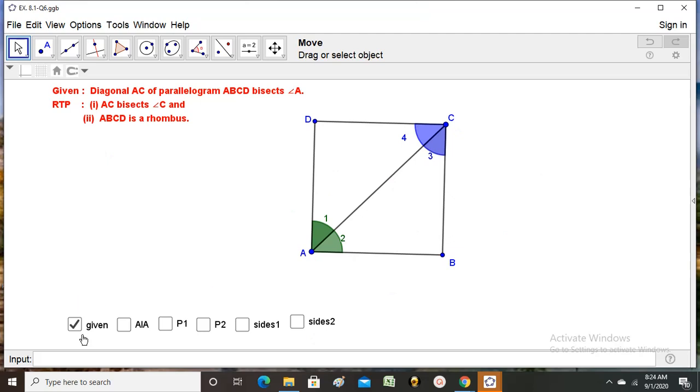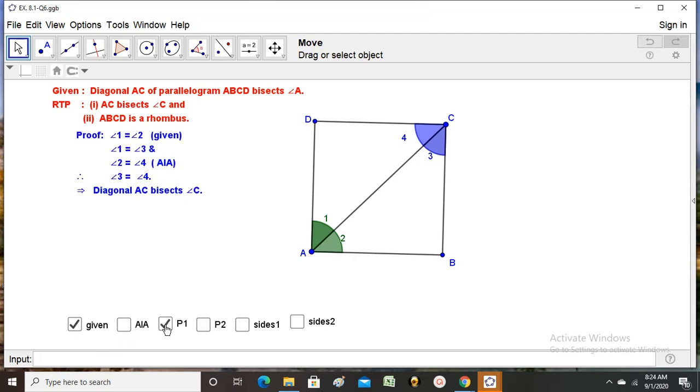Of course, it is looking like a square, you may ask me. Basically, square has all the properties of a parallelogram, of a rhombus, of a rectangle, and any other quadrilateral you can take. Square is a special quadrilateral. Therefore, it may look like all squares are rhombuses, but all rhombuses are not squares. Please remember this one.